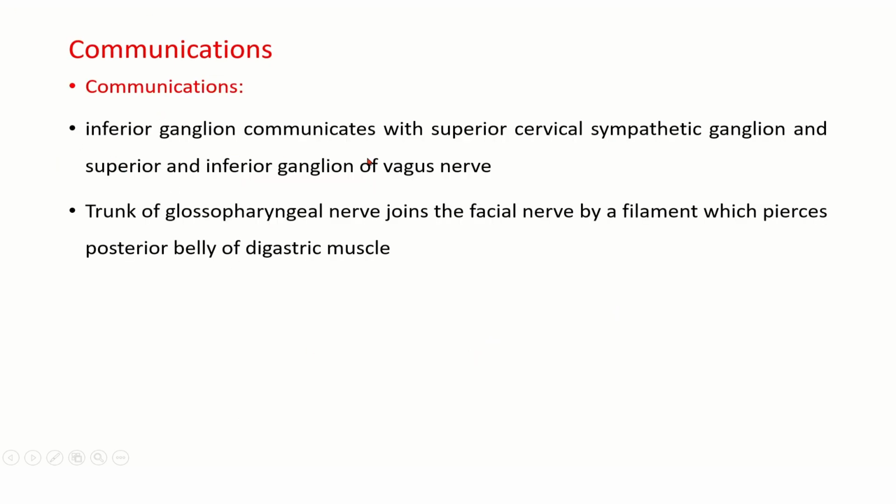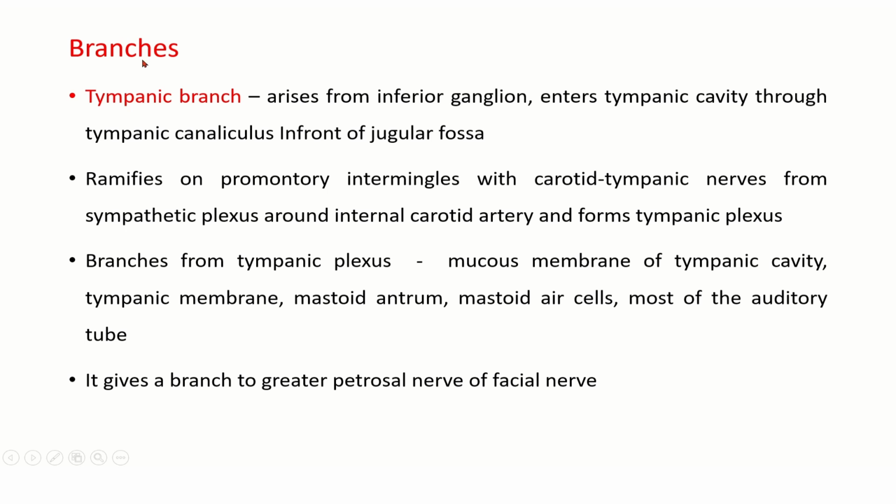Communications: the inferior ganglion communicates with the superior cervical sympathetic ganglion and the superior and inferior ganglia of the vagus nerve. Then the trunk of the glossopharyngeal nerve joins the facial nerve by a filament which pierces the posterior belly of the digastric muscle. These are the communications. Then if you see the branches, one of the most important branches is the tympanic